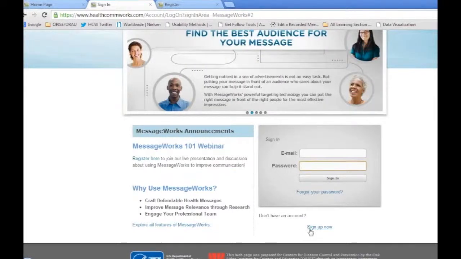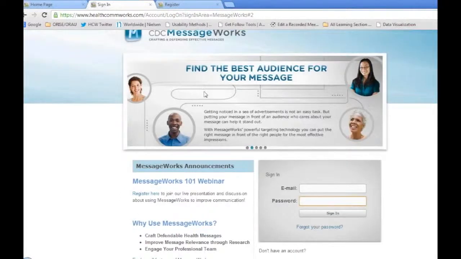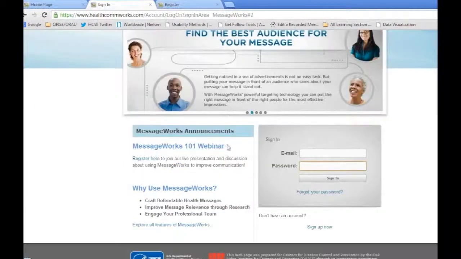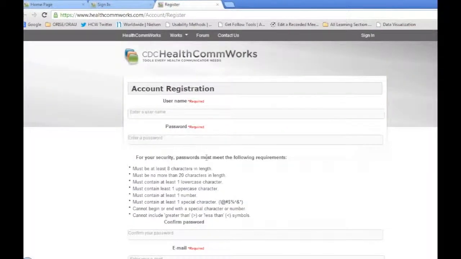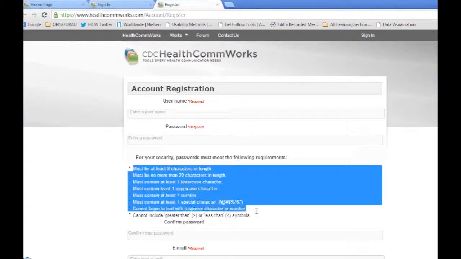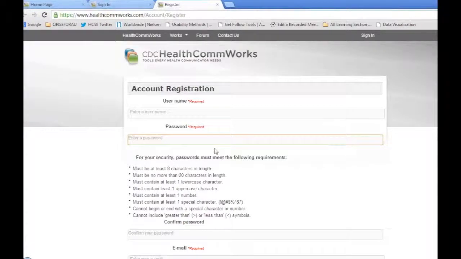Now, before I go on to the actual tool, I just want to mention when you do go and sign up that we take all of the information that you put onto this website very seriously, and we keep it very secure. But for us to do that, we have a pretty stringent password protection program. So when you click the sign up button, you're going to be taken to the registration page, which looks like this. And you're going to notice that there's a list of requirements that your password must meet. What I want to at least demonstrate is that when you start typing in something, some of these buttons are going to start turning into little check marks down here. And so your goal is to get all those check marks into the green zone, which is definitely more stringent than most passwords.